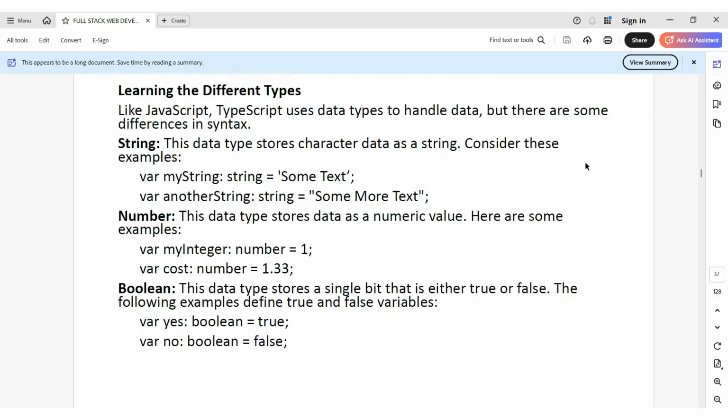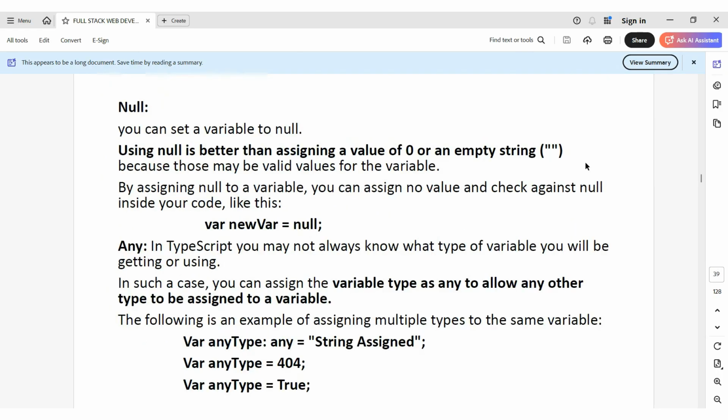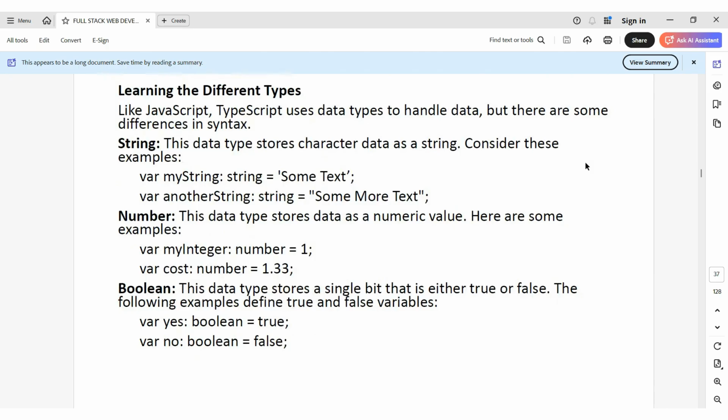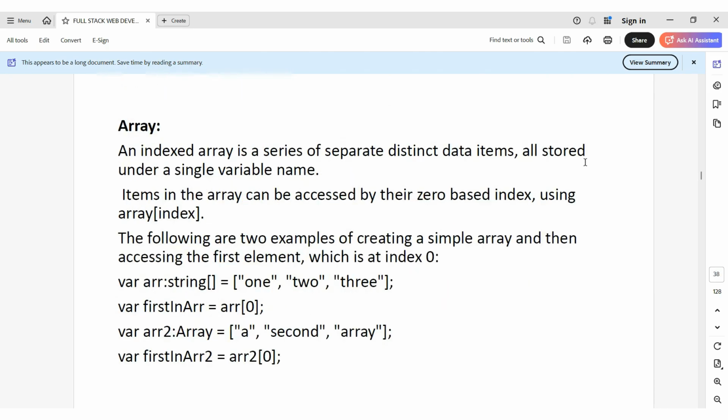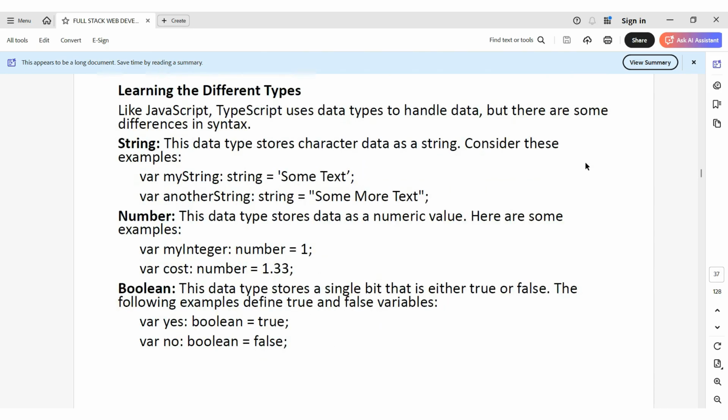While we are talking about this, we are going to describe the different data types involved in Angular. There are various types, including string, number, boolean, array, followed by null and any. These are all the various data types we are going to discuss in the case of Angular. String defines a variable, the name of the variable, followed by string equal to anything within quotes, which gets printed, like some text.